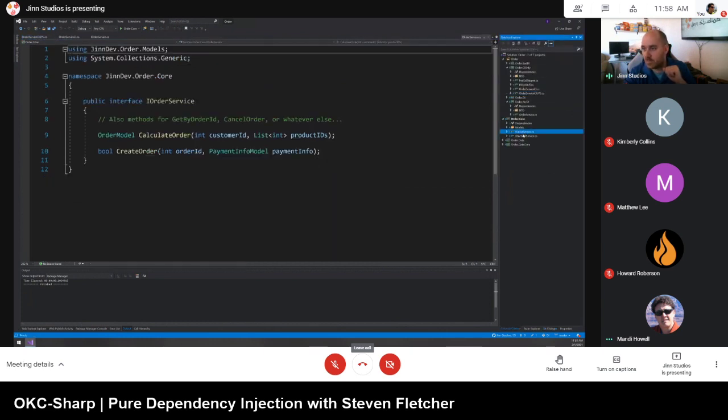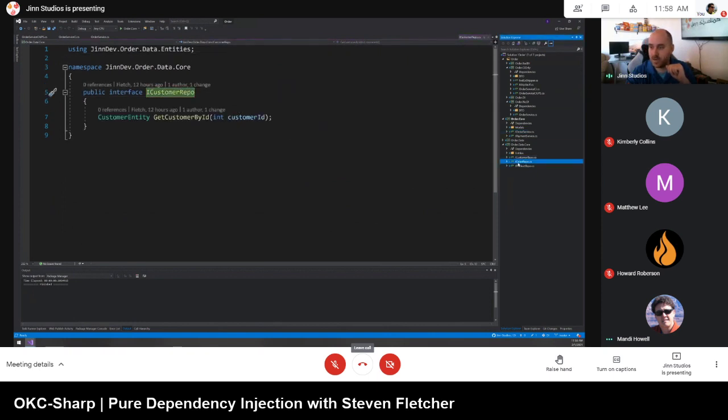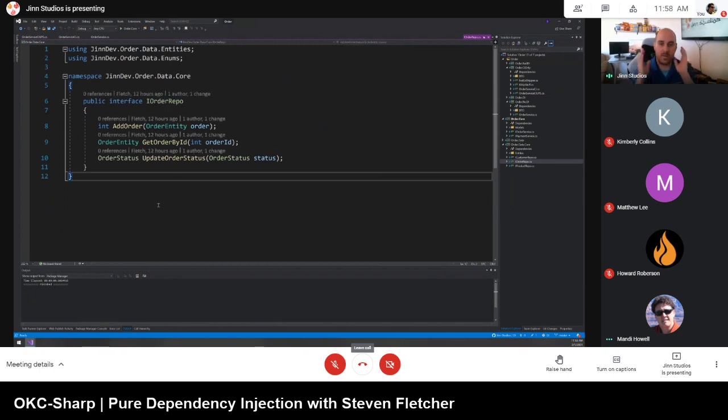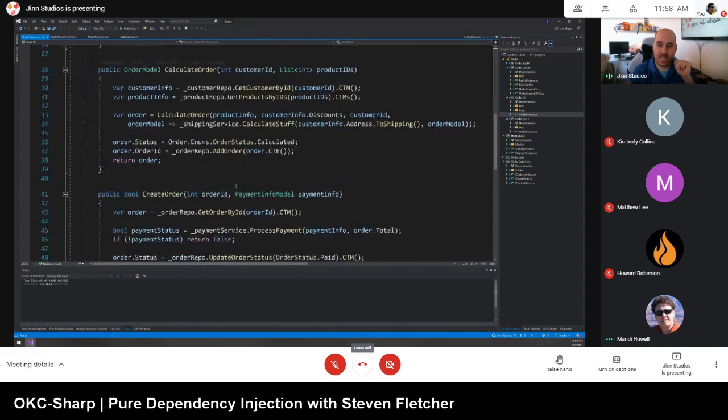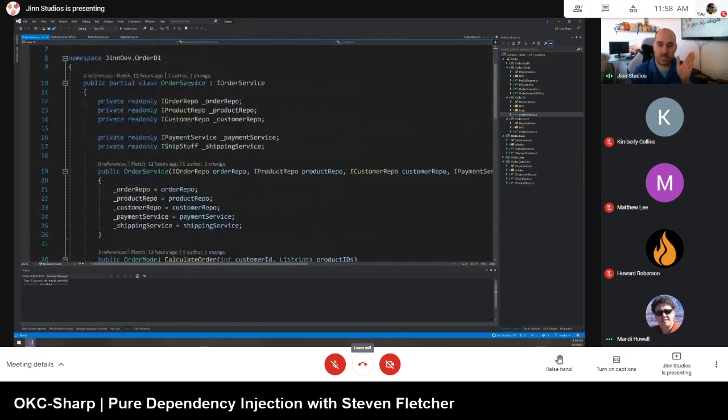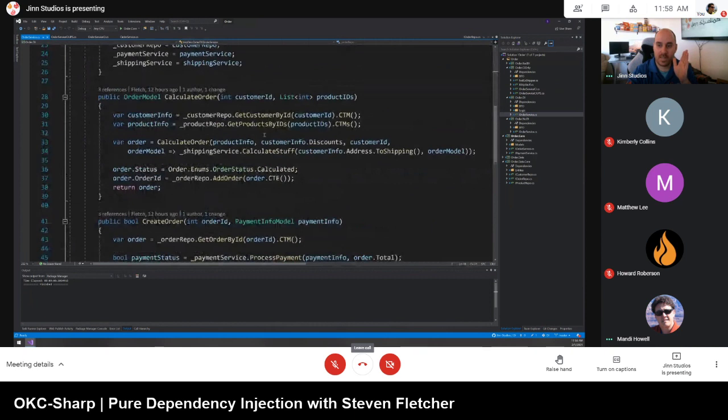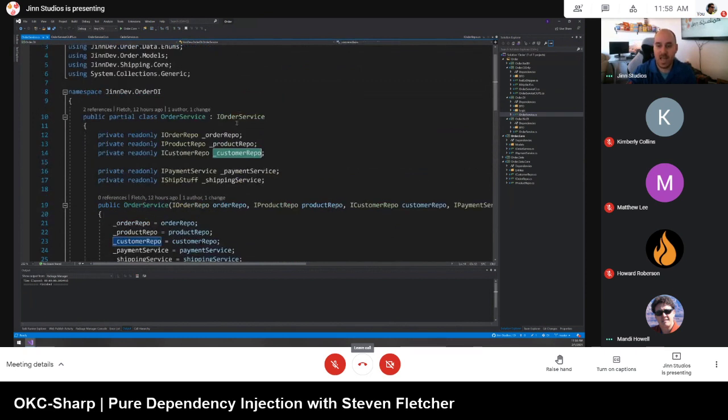And in this core, I'm going to have an order service. Or maybe not even in the core. I'm going to have a repository, a data core. And I'm going to have a customer repo, an interface for customer repo, an interface for my order repo. And I'm going to stick this core somewhere in between. And now what happens inside of my code, once I refactor on that stuff, now I say I'm going to start with my order service, and I'm going to go into, instead of customer repo, which this looks like it's customer repo because it says customer repo,